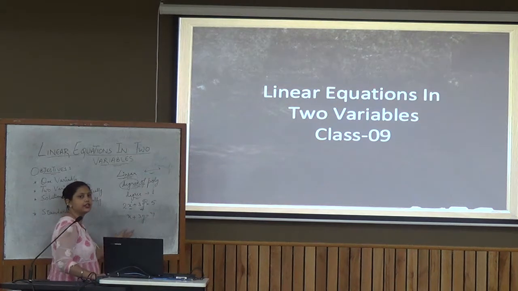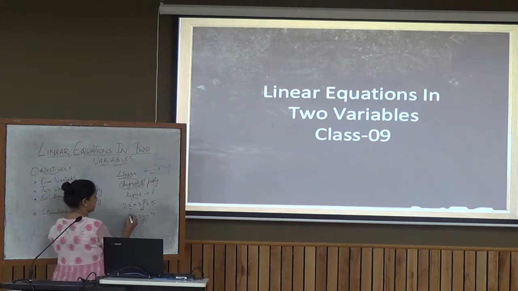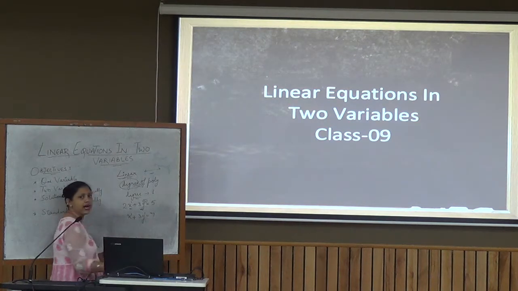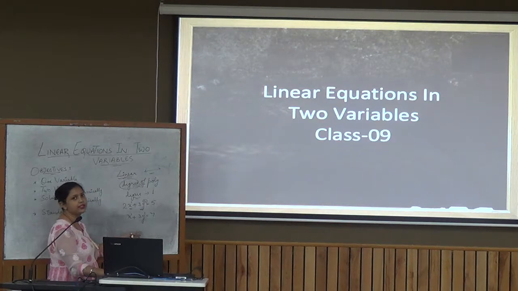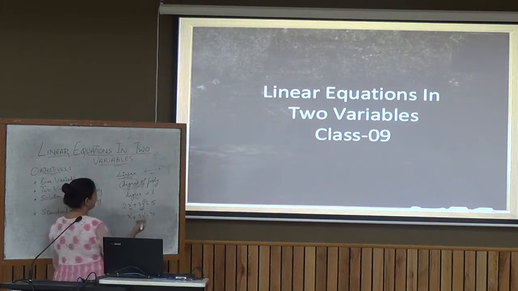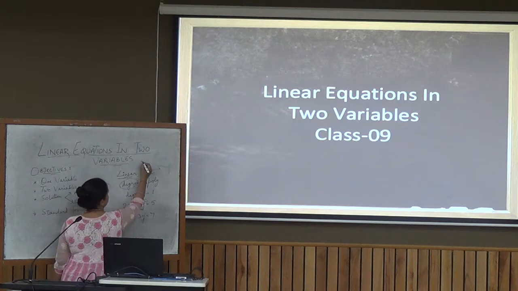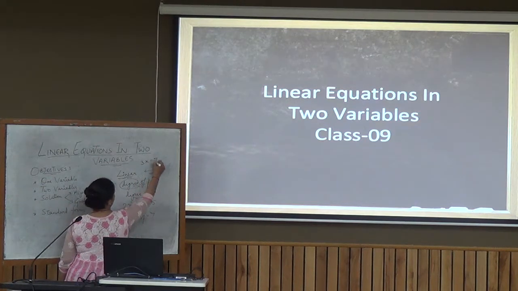here we can see the two variables used are x and y, and both variables have the degree, or the powers, as 1. And the highest power is also 1. So we can consider this equation as a linear equation in two variables, as the power is 1 and two variables are chosen. If I am given an equation like 3x is equal to 7,